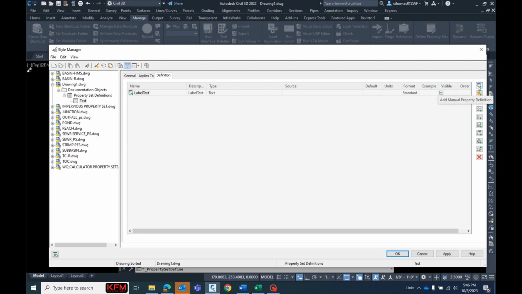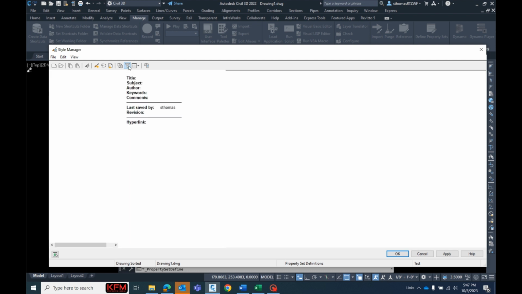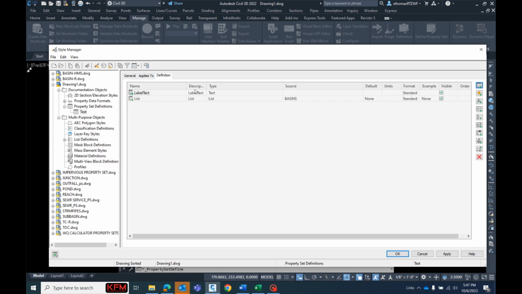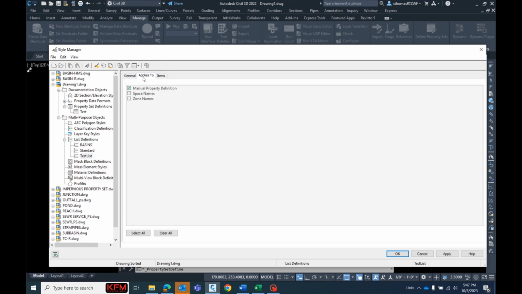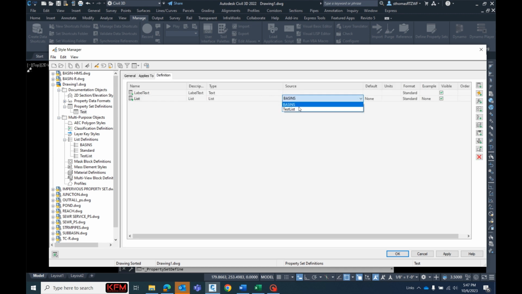And then just to show some other examples, I'm going to do a list. To set that up, you can press this filter up here, and it'll change the view of this window. And over here in list definitions, you can press new. I have one here that has a couple of items though, so make sure you select that it applies to manual property definitions. So then you can choose your source to be that list,